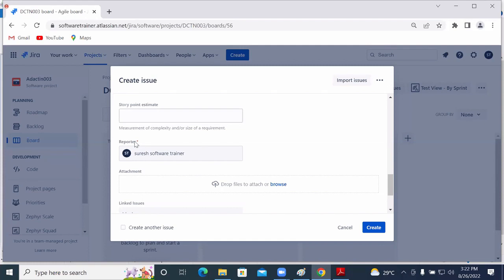What is the next option? Reporter. The reporter is the tester's name. The reporter needs to be considered as the tester. The tester needs to report that bug, so you need to select that particular tester name. Okay. After that,